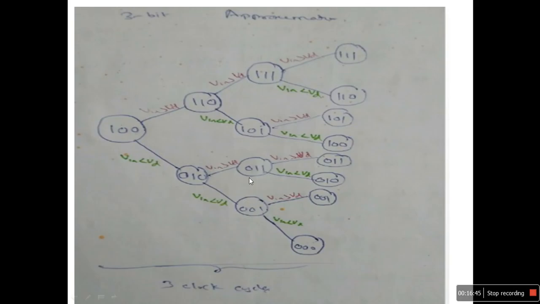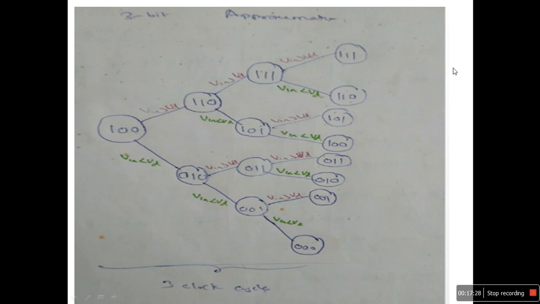Okay, if you observe this one, initially the MSB is 1, the remaining 2 bits are 0, 0. Assume that here, always the red ink pen, the red color, when Vin is greater than the output of the DAC. So if the input voltage is greater than this digital output, then it keeps the previous set bit, that MSB, as 1 and the next bit will be set. So that is 1, 1, 0. If the input voltage is less than this one, then it resets the present bit, that is the MSB becomes 0, and the next bit is 1, 0.